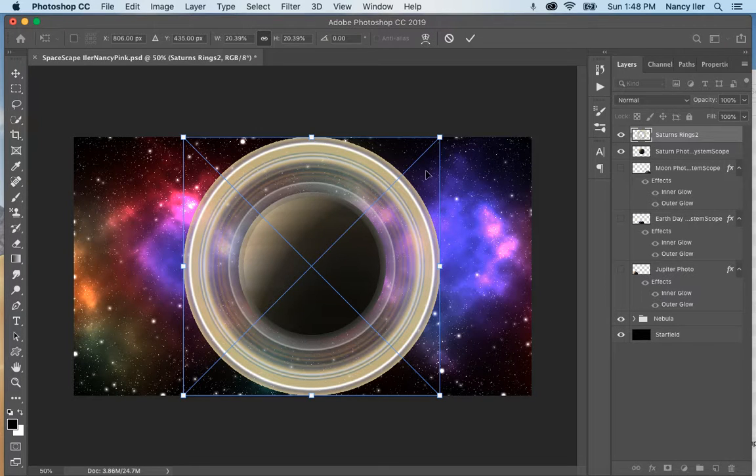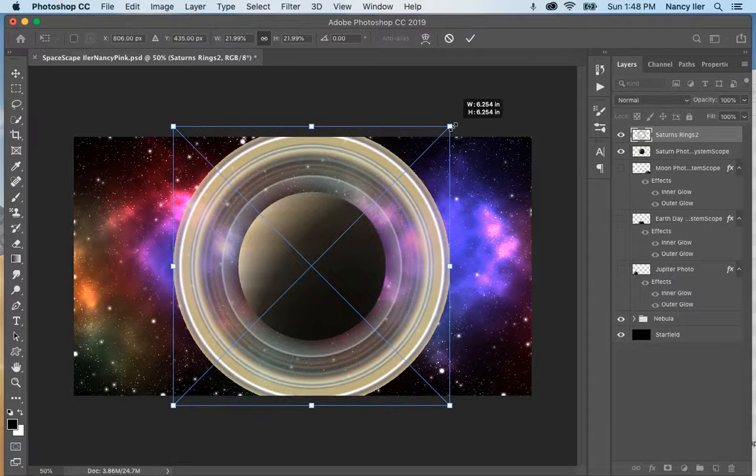Might not do much more than that. I already told you in the instructions to scale it and rotate it, but I think I'm good at this point right now. I might just make it a tad bit bigger, maybe just a little bit bigger, and then hit enter